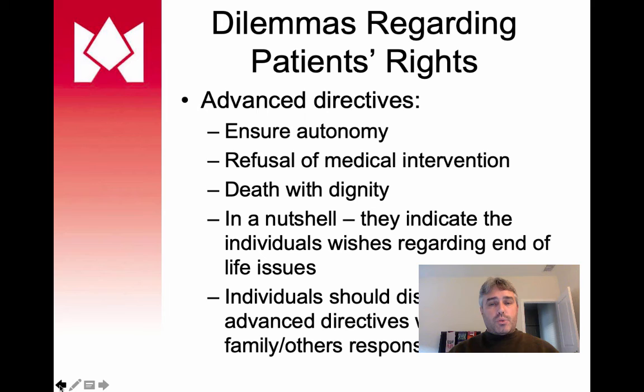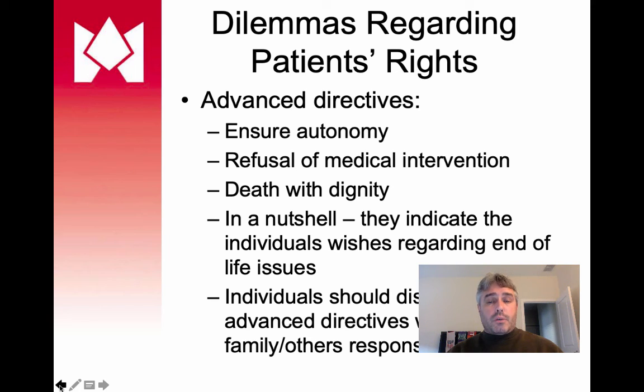They can refuse medical interventions, and it's death with dignity. There are people, when they come to the end of their life, when they stop breathing, when their heart stops, they don't want a lot of that extra stuff. They don't want CPR done on them. They don't want the tube in their throat. They don't want the electric shocks, those types of things. They just want to die with dignity, and we should afford that to our patients if that's what they want.